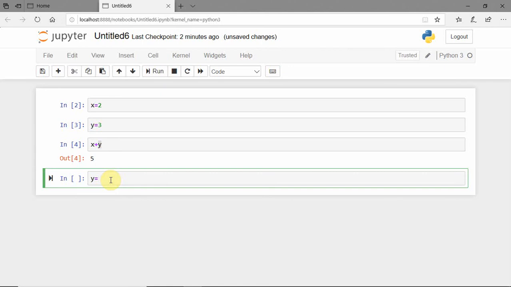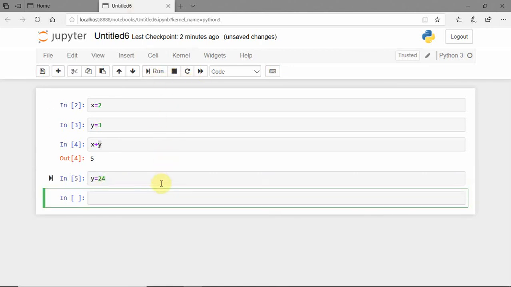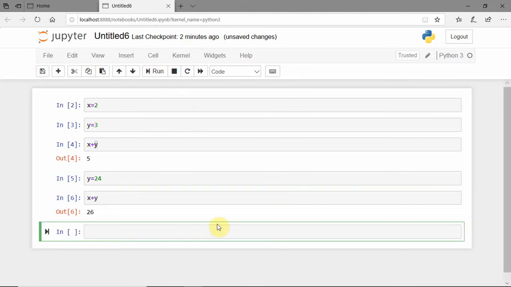Okay, try to execute it. Without executing, the value will not be updated. So try to execute it. Now take x plus y. Click on run. Then you will get 24 plus the x value is 2. You will get 26. This is the way you have to create the variables and you can perform operations on that variable.